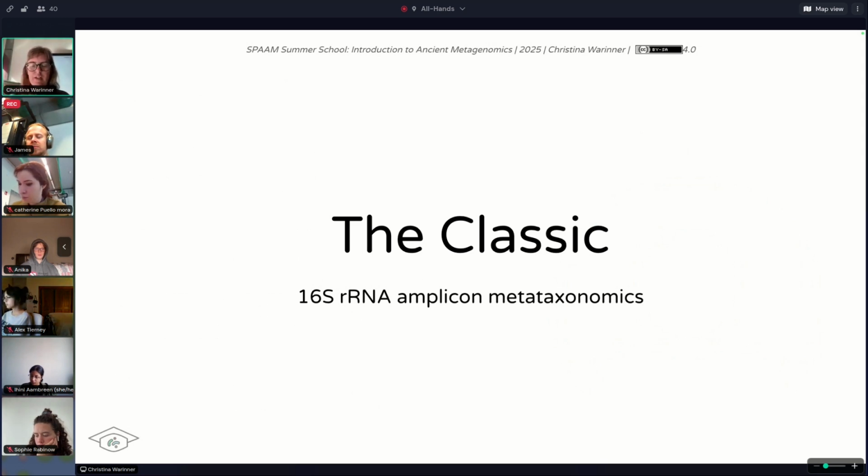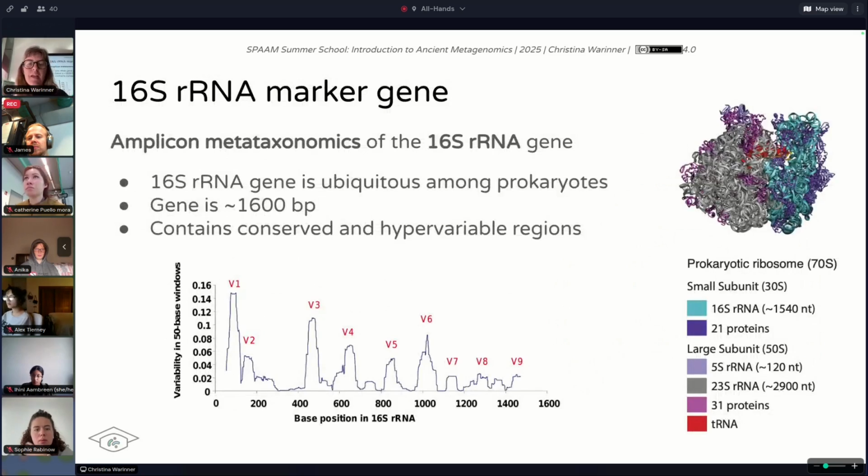So the classic method here is 16S rRNA amplicon metataxonomics, using the 16S rRNA gene, which is a universal gene within bacteria and archaea, to try to classify different microbes into operational taxonomic units that are not exactly species, but provide us with some way of speaking about them and their relationships. So it's based on amplifying the gene that encodes the 16S ribosomal RNA, and 16S is always spelled